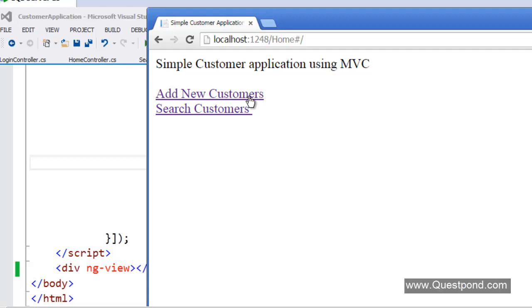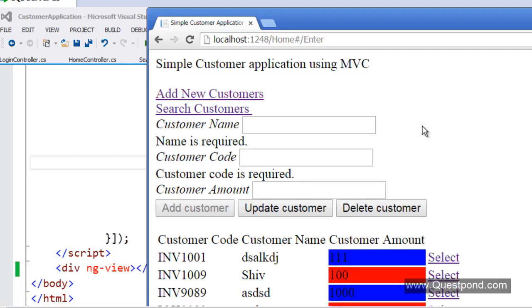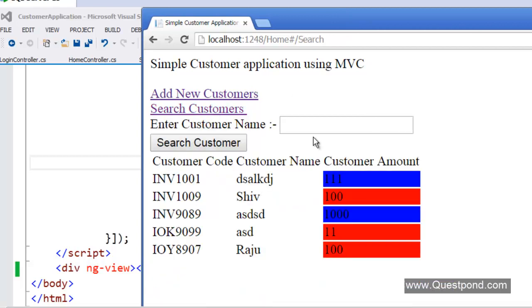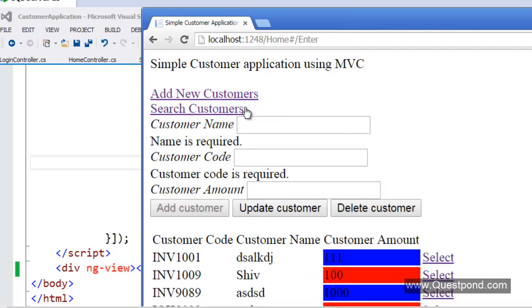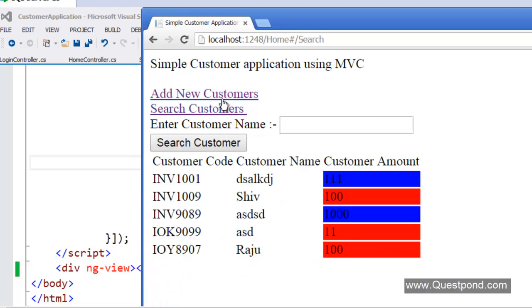So the security is definitely intact. So I'm going to click on add new customer, and there it is. You can see I will click on search customer. There you can see. So you can see now how we are able to implement the single page application concept using Angular routing. So this is the main shell page, right?